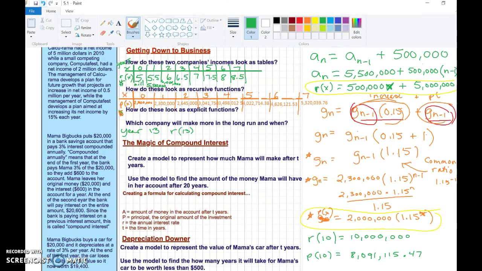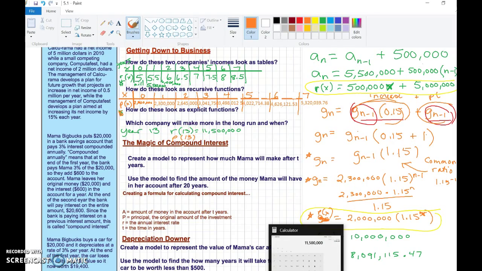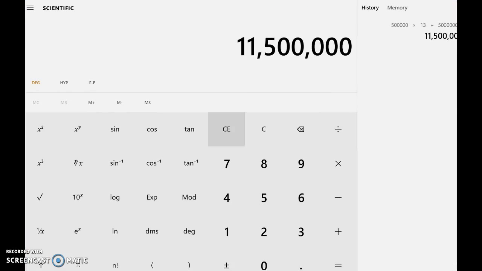So let's go back here, and that is equal to 11 million, 500,000. All right. And then if we do P of 13, we take 1.15 to the 15th power